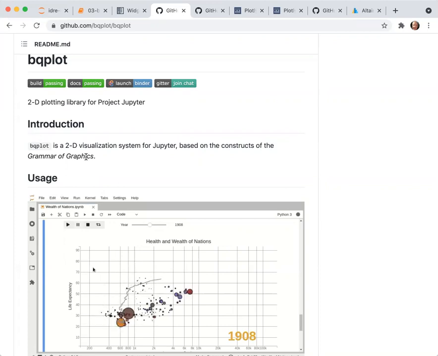Those of you who are familiar with R might be familiar with ggplot2, which is also based on the grammar of graphics. The idea is that we can think about different elements of a graphic, and you generate the entire graphic by building these different pieces on top of each other.